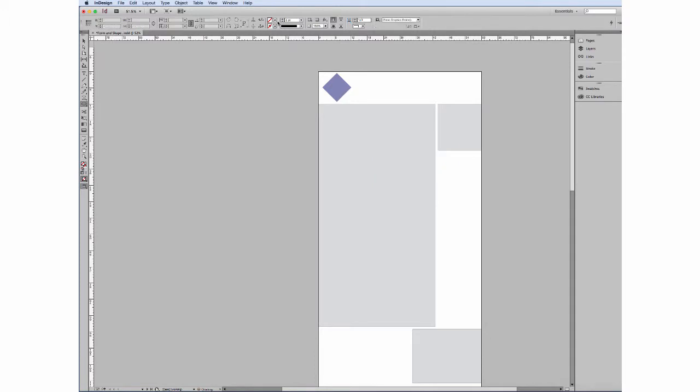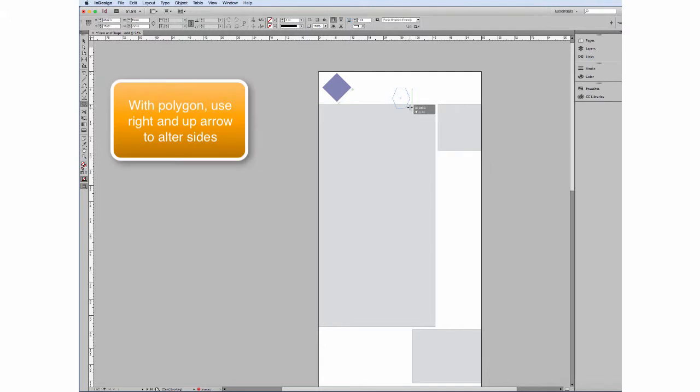We actually don't want that, so we're going to delete it. The final tool, the polygon tool. Again, I can hold the Shift key. I can use the Alt to draw from the center. I can use the space bar to move it. And when I'm working with the polygon tool, if I use my arrow keys, I can eventually get to a